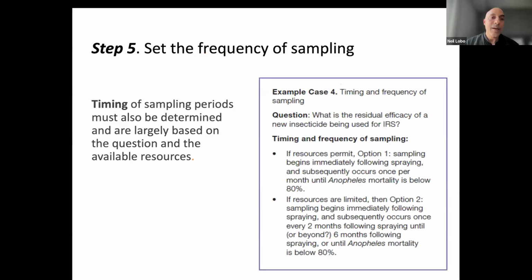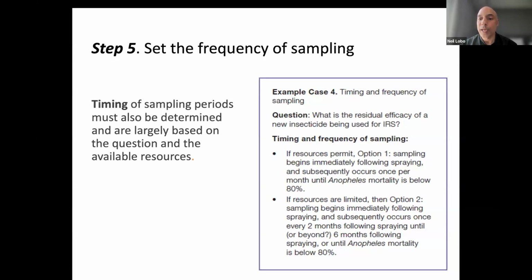Step 5 is also the frequency of sampling, right? How often do we go back? And a lot of the times, this is based on the question and available resources. And here's an example in the ESPT. The timing and frequency of sampling, and the question is, what is the residual efficacy of a new active ingredient for IRS? Now, based on your resources, option 1 is to conduct your residual efficacy studies